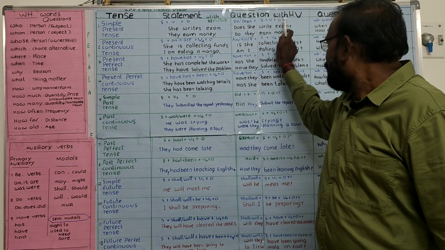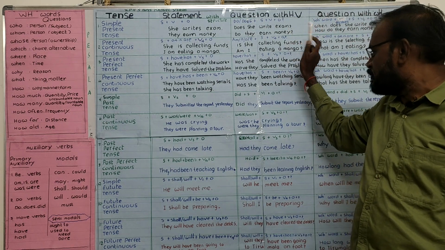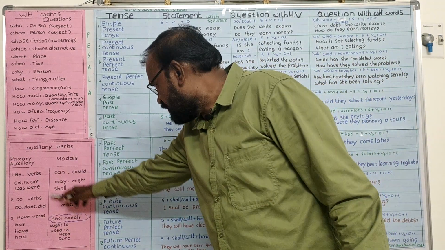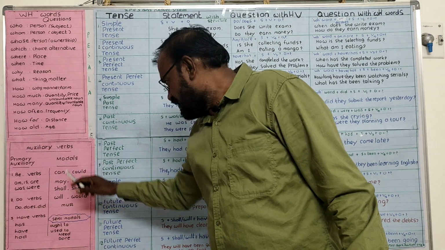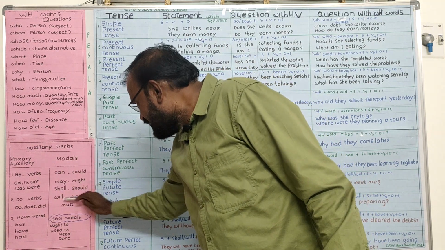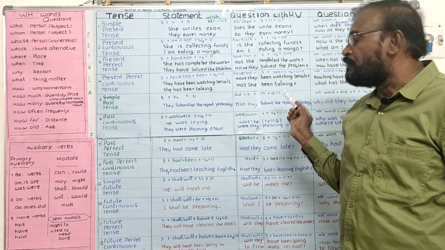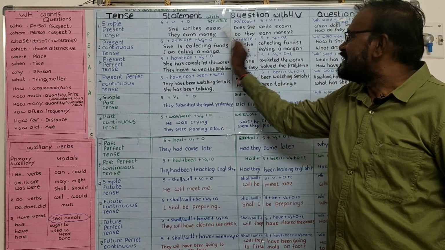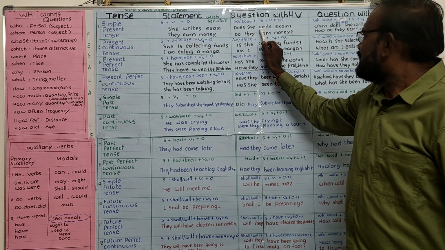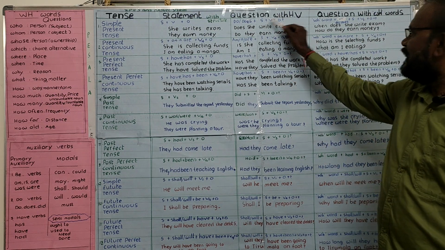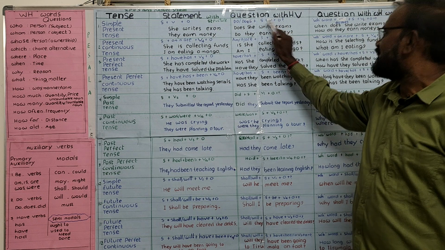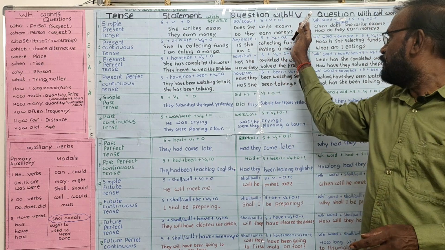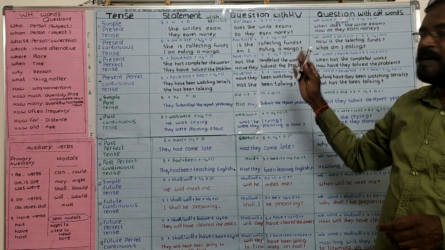These types of helping verb questions or yes or no type questions are framed with the help of auxiliary verbs. Here see the auxiliary verbs. These are divided into primary auxiliaries and modals. By using these verbs, we frame these types of questions. See this. She writes the exam. Does she write the exam? According to this structure, we have transformed a statement into a helping verb question or yes